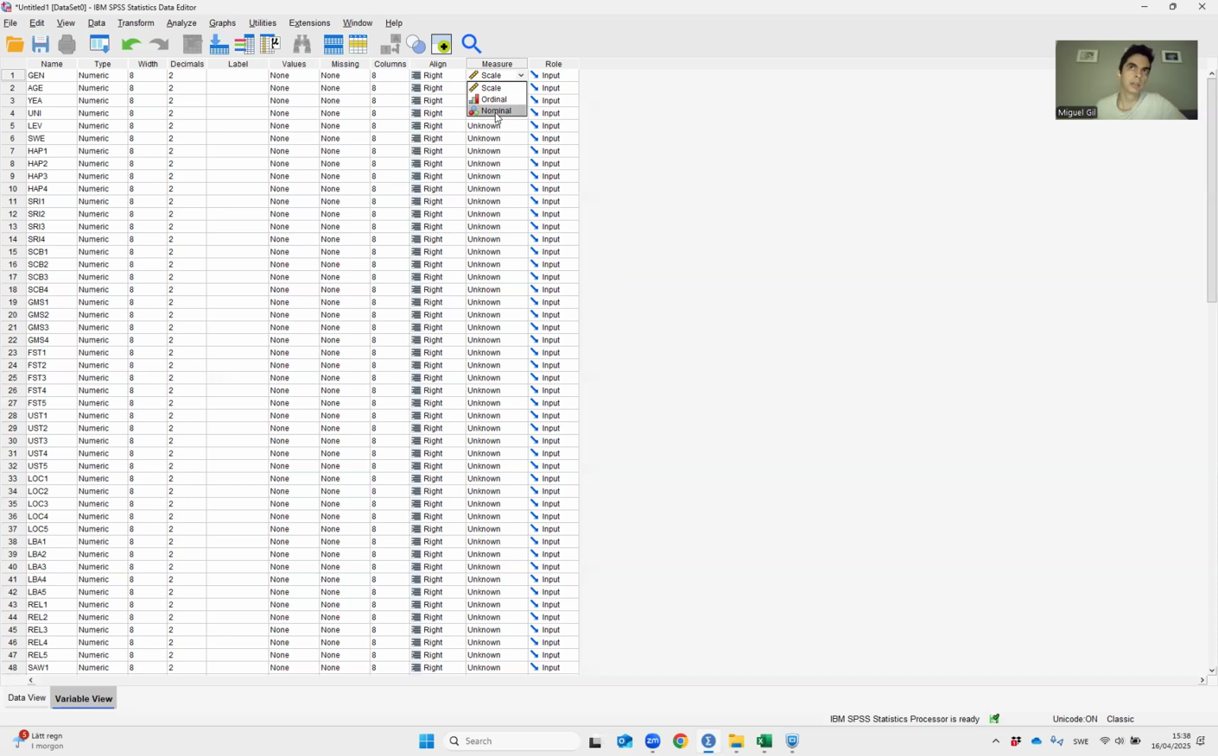It's not scale because it doesn't say that 1 is more than 0, and it's also not ordinal. It doesn't mean that women come before men or whatever. It's nominal. It's a variable that will only help you to differentiate two categories. So click on